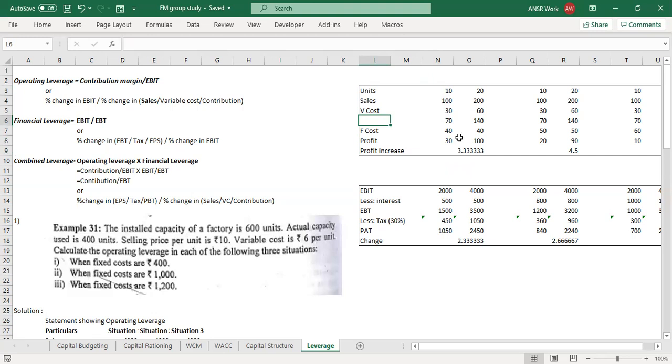Now in this scenario, suppose we increase the number of units to 20. The sales will be 200. Variable cost per unit was 3 rupees, so for 20 units it should be 60 rupees. So our contribution comes to 140, which is 200 minus 60. Our fixed cost was 4 rupees per unit, so now for 20 units it should be 80. Now profit becomes